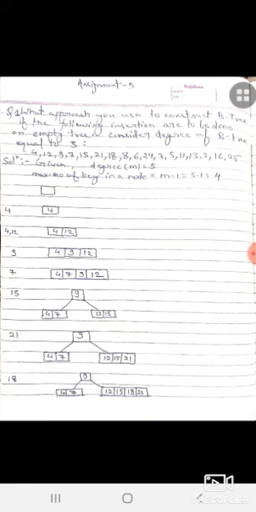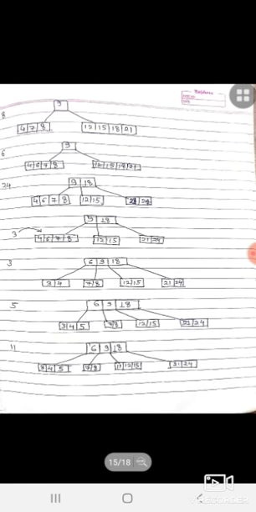So insert all these, and when 7 is inserted, after that 15 is inserted, and we know that the maximum allowed limit in a single node is 4. So that's why this node is split into 2, and the center element will act as a parent. Similarly 21 and others are being inserted. So you can see how it is going on.